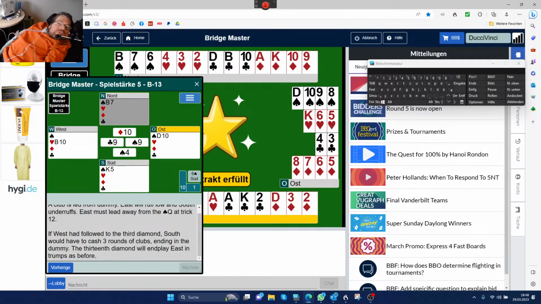Alright, I think this was actually pretty logical, although not obvious at first sight, but if you think through this logically, it's basically the only way which is even remotely possible, even if it's not very likely to succeed in a real bridge hand. Alright then,